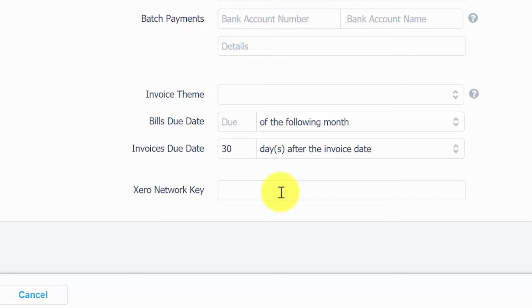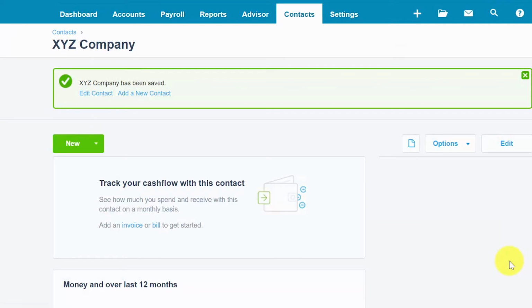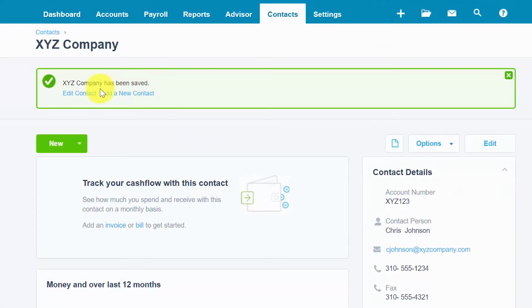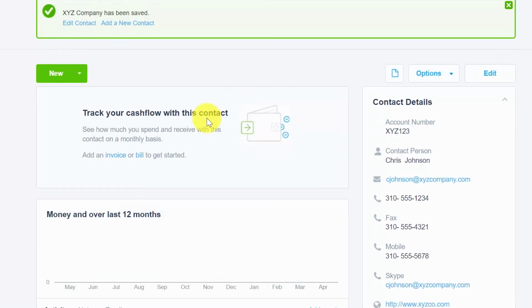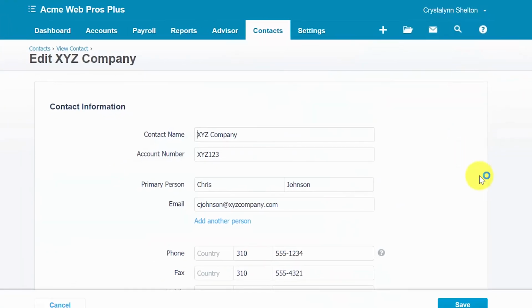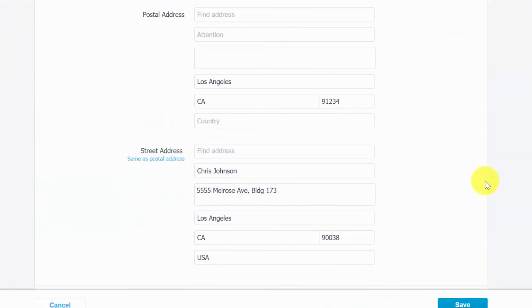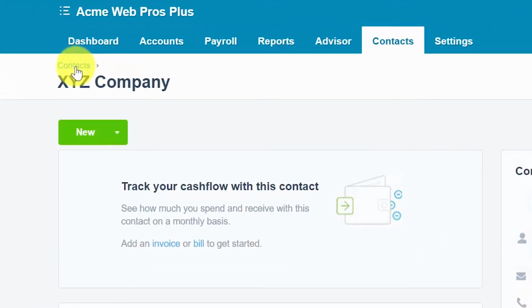Once you have entered all the necessary information for your customer contact, you want to go ahead and save. And now we've received our notification that our new company has been saved. So from this screen, it's fairly easy to go back in if for any reason you need to make any changes to your customer contact. All you have to do is simply click on this edit button, and it will open up the contact information that we just entered, and you can actually make your changes and then just save them. If we go back to the contacts page,